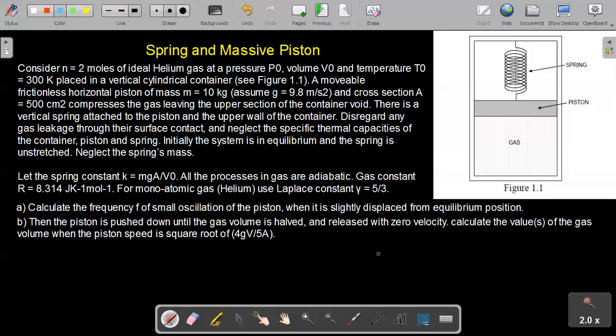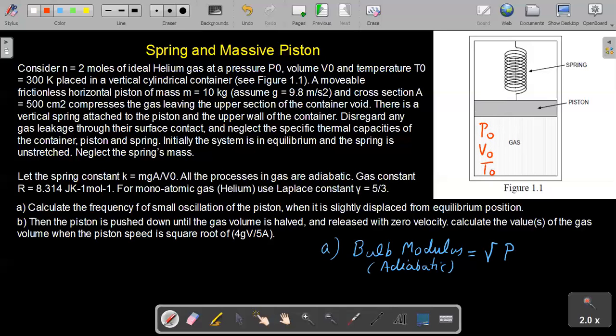if you recall the definition of bulk modulus for the first part, if you remember the bulk modulus of adiabatic processes. Okay, so bulk modulus of any adiabatic processes is given as gamma times the operating pressure P. This P is the pressure at the moment, instantaneous pressure. So it should be gamma into P. For our question, at the initial moment, at the initial moment, this gas has pressure of P naught, volume of V naught, and the temperature T naught, which is given in this gas.